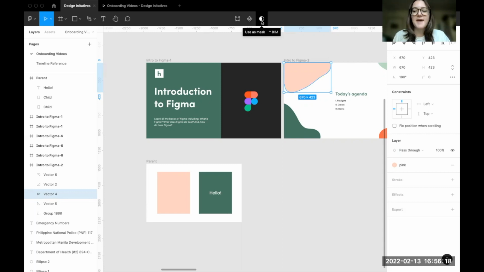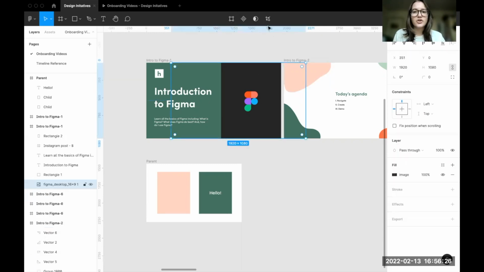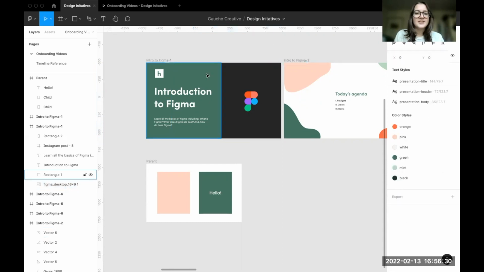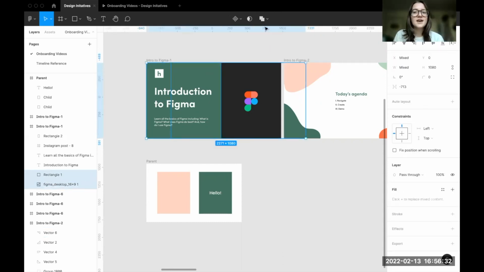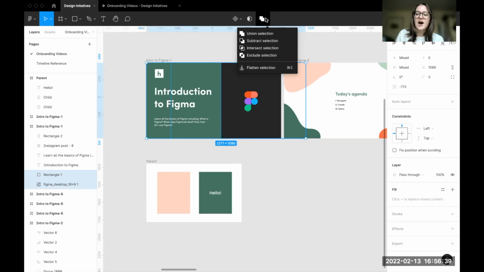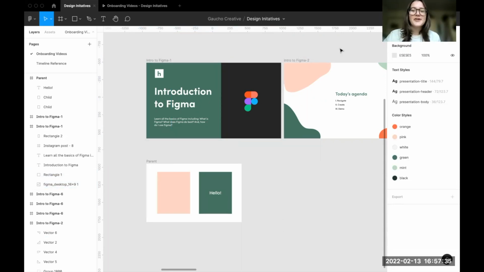And this is the mask icon. Masks allow you to show or hide specific portions of a layer or object. And then, of course, we have the crop icon, pretty self-explanatory. And then finally, we have the Boolean operations icon, which essentially contains union, subtract, intersect, exclude, and flatten. And this allows you to just manipulate your shapes and layers. And on the farthest right-hand side there, you have the share button, the presentation icon, and the view settings.